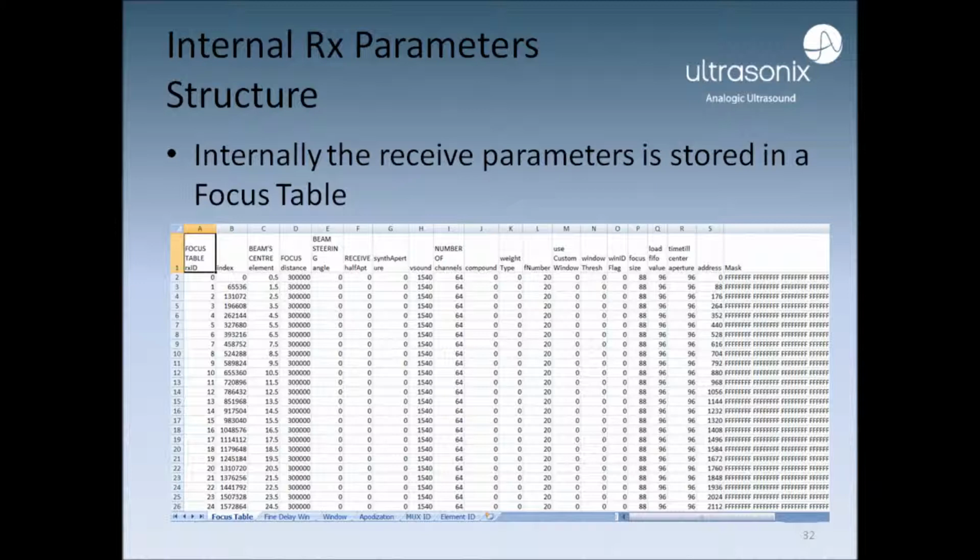The different columns are filled with the properties of the receive. Some of these include the beam's center element, the steering angle of the beam, the maximum distance for which dynamic receive focusing will be applied, half the aperture size, sound velocity, etc. Following up on our simple example from the previous slide, when we are doing B-mode imaging with 128 scan lines, our focus table may consist of 128 rows for the 128 receives, which are identical in almost every aspect except